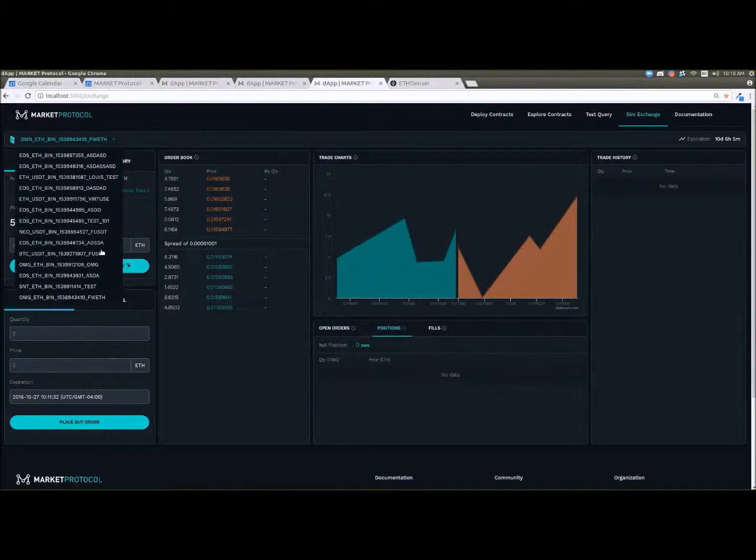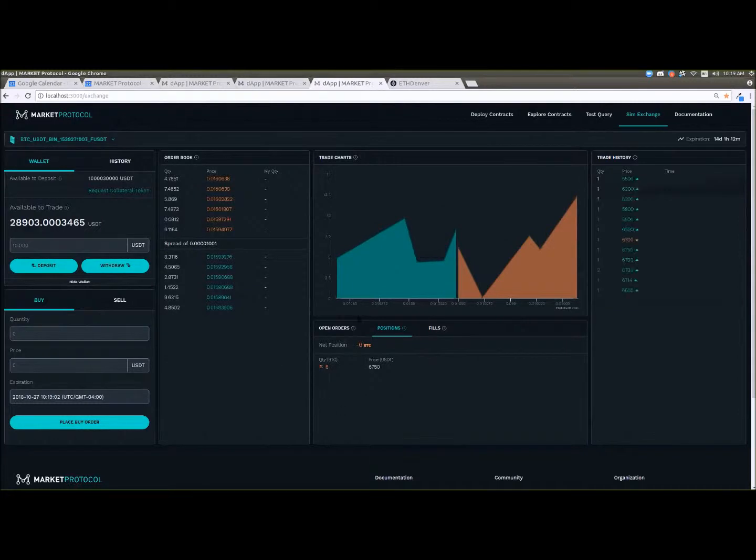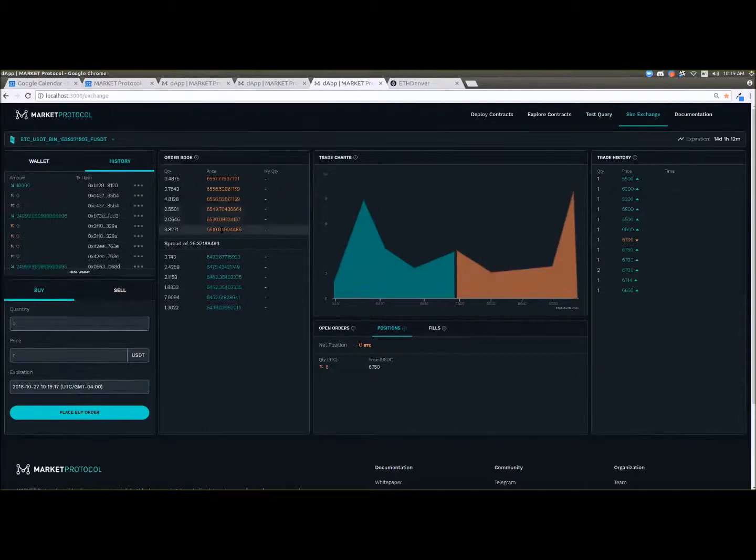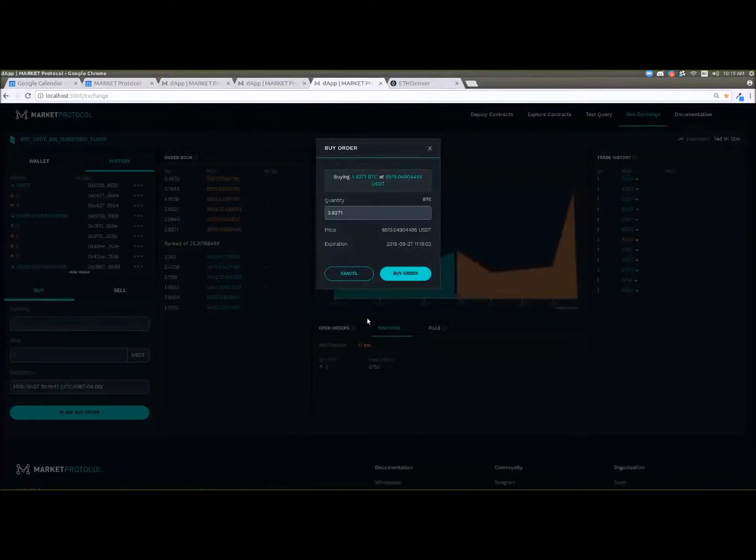We also have, if I change contracts here, you'll notice I have some positions on this contract. The data updates nicely. We have trade history available. We now have wallet history available. And you can also begin to, I apologize for the dog in the background,